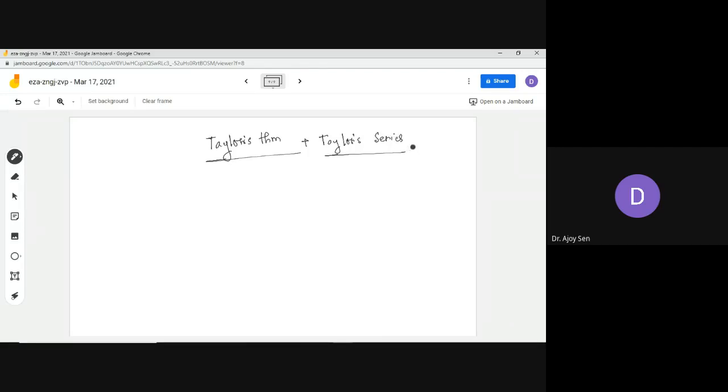The first thing I should tell you is that Taylor series is a different thing from Taylor's theorem or the usual Taylor's polynomial, which I am going to talk about right now. The Taylor series is quite difficult compared to your standard material, because this idea of Taylor series requires the sense of convergence and divergence, which you are not familiar with.